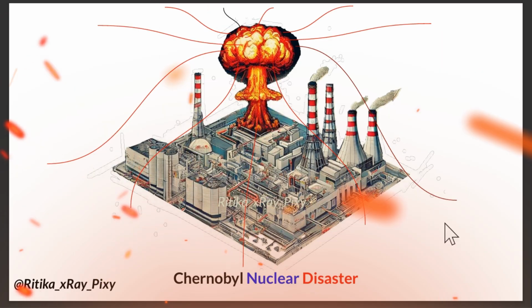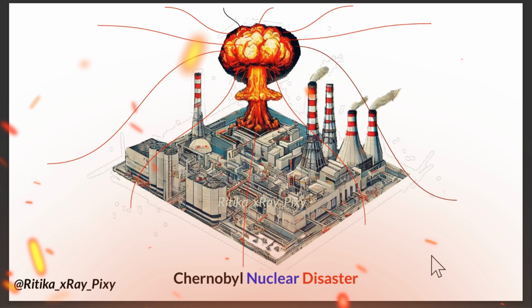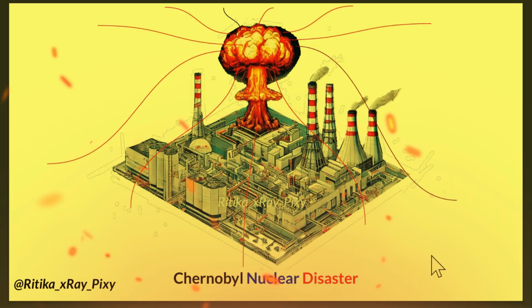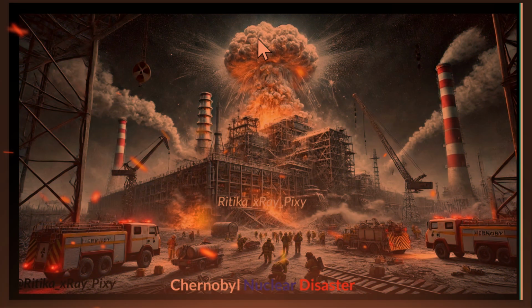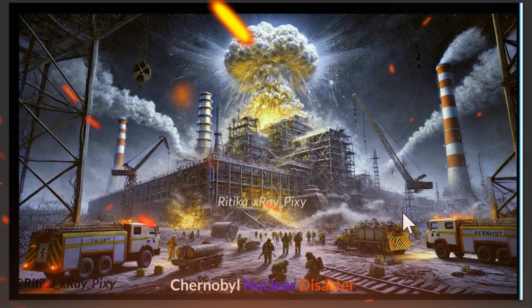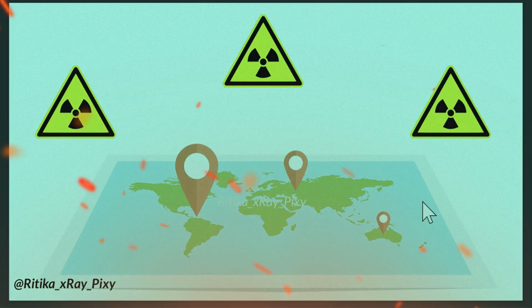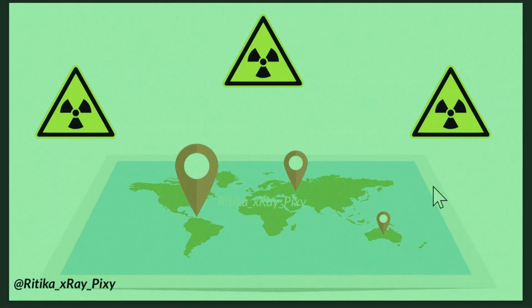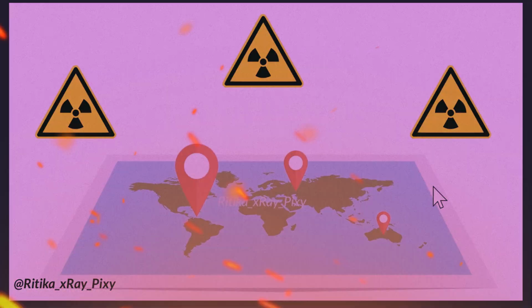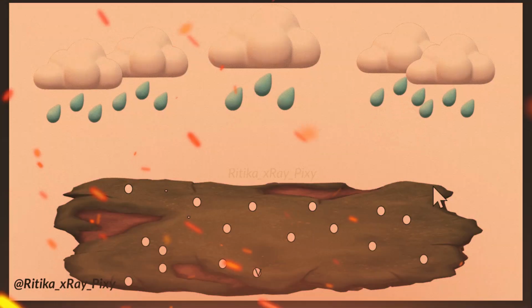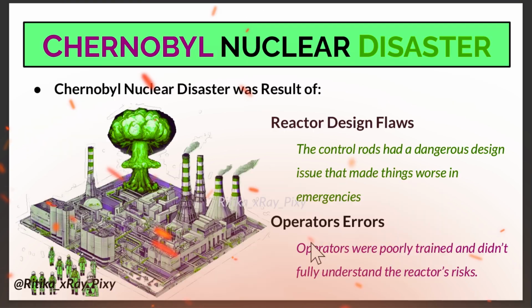The Chernobyl plant did not have a strong containment building to stop radioactive materials from leaking in case of an accident, and this explosion released a large amount of radiation into the atmosphere. Radioactive gases and dust were blown out. Wind carried these radioactive particles across Ukraine, Russia, and even as far as Europe. Rain brought down some particles. This disaster was a result of design errors and human errors during safety tests, and this explosion destroyed the reactor building and released